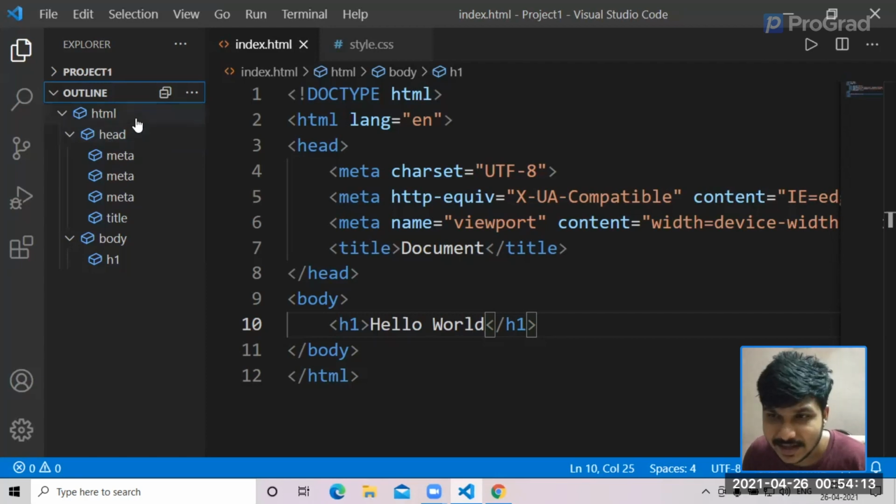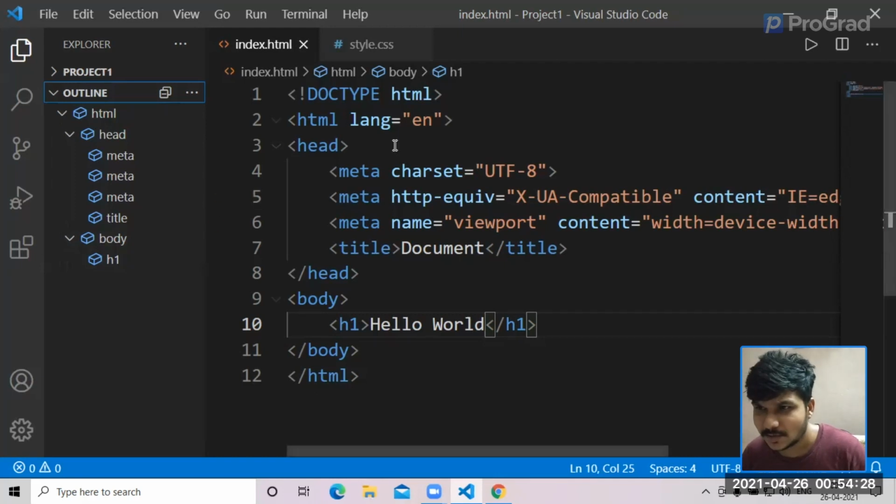Okay, here you could see the HTML tag has been created, and inside the head you have 3 to 4 meta, and you have title, and you have given body, and also you have given a header. So basically it gives a structure or kind of a skeleton look on how it actually looks. The next thing we are going to do is explore.